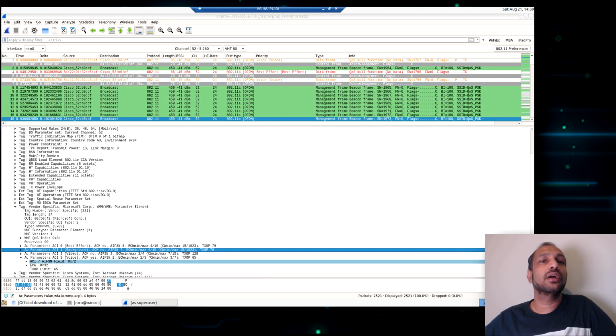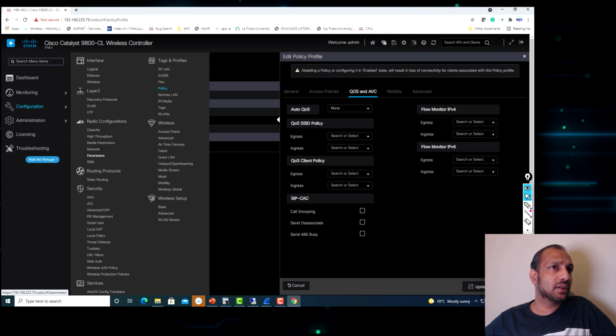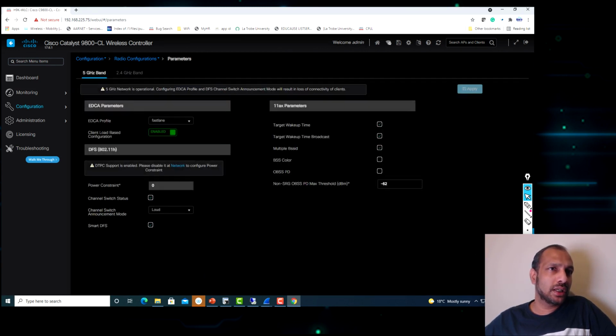So this is actually based on the setting here. This is the radio configuration parameters in the 5 gigahertz. You can see here, we enabled that EDCA fast lane parameter, so because of that the values will be different. Pay attention that normally if you select WMM default, sometimes you will only see the transmit opportunities for voice and video, not for best effort and background traffic. So this is now the Cisco best practice setting.